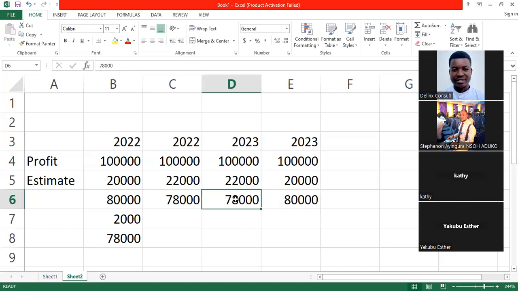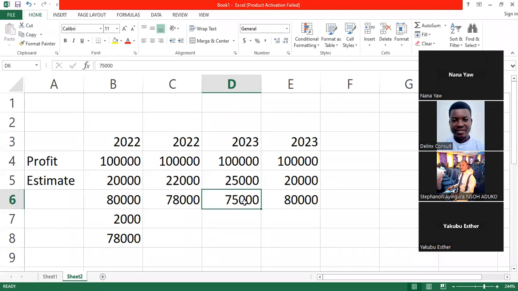Linus, use a different figure. Okay, you can do the example in your book and use a different figure. Let's move on. Let me use 25 and 17. So this is 75, isn't it? Okay, we do an estimation of 25 and we are getting a profit of, okay,